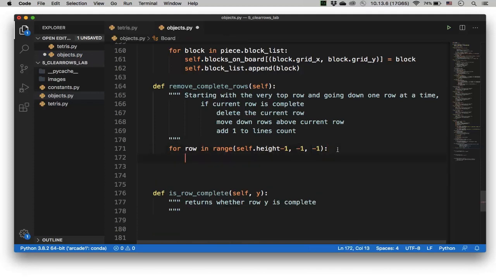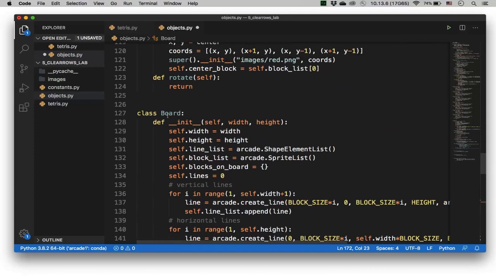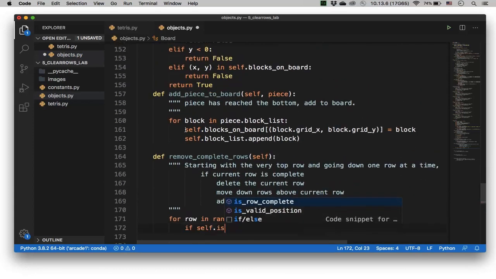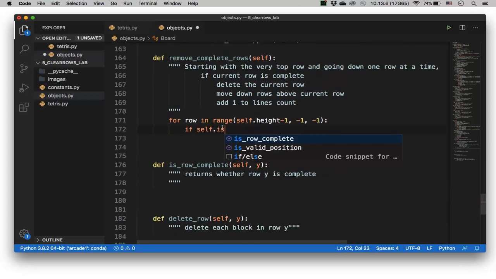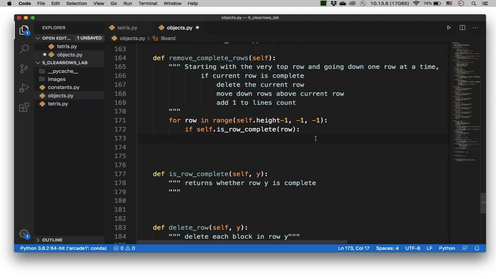So for each row in the board, by the way, this is all in the board class, just so we're clear. Add piece to the board, remove complete rows, this is all in the board class. So again, we're gonna do a top-down approach here, and we'll write the method later. We're going to call is row complete on the current row we're in, and if it is complete,